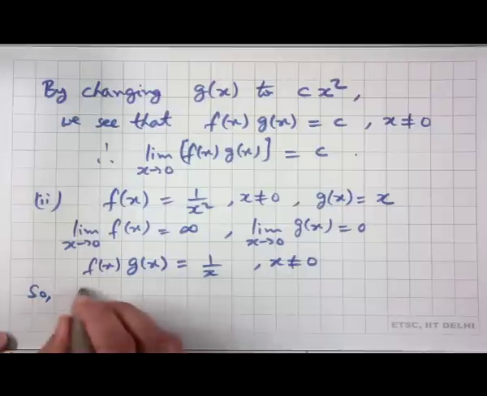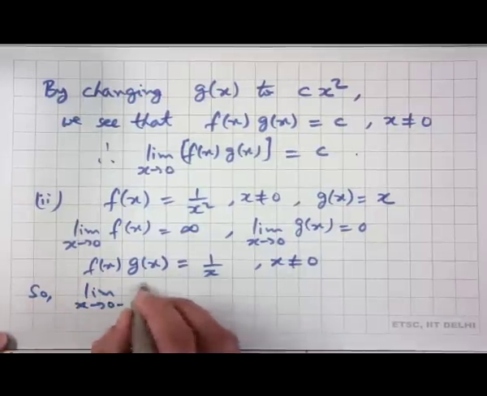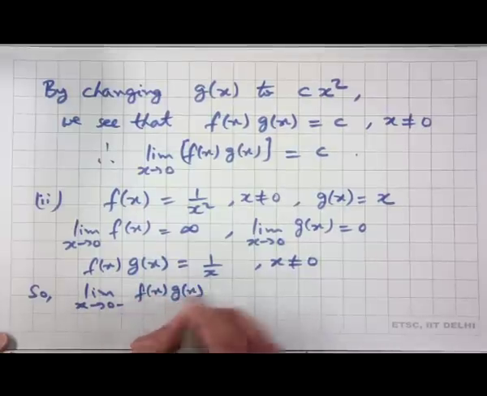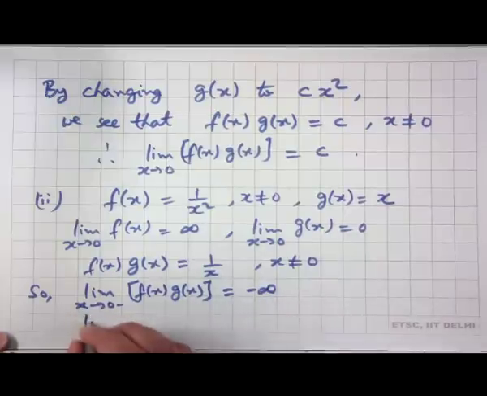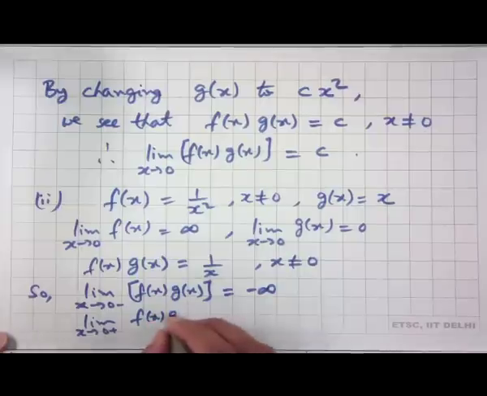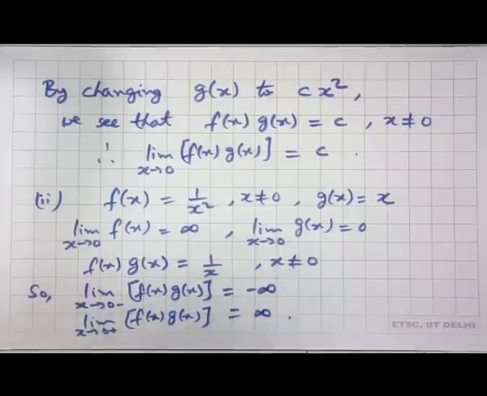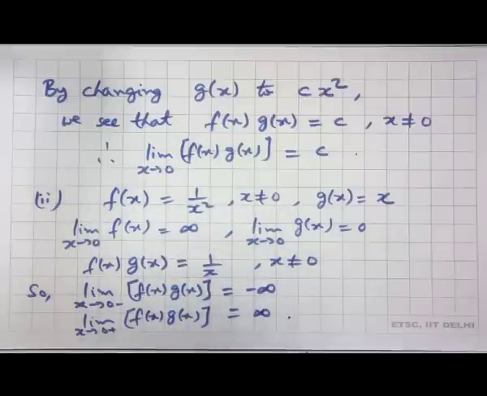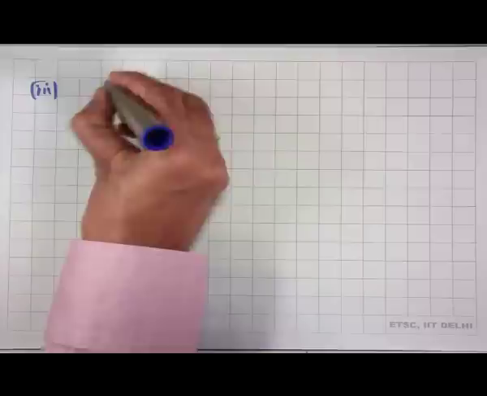So, if we calculate the left hand limit of f x times g x, this is equal to negative infinity, and the right hand limit is positive infinity. So, we see that in this case the left hand limits and right hand limits are not even equal, and they are infinity or minus infinity. If I take f x equal to